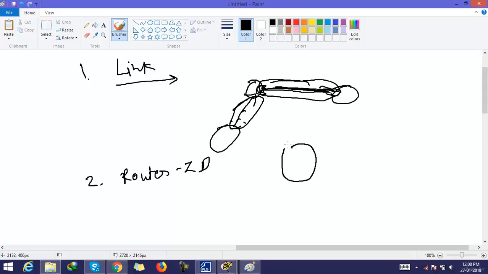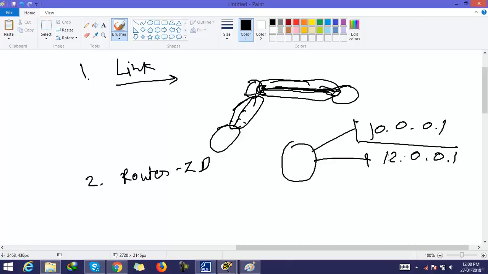For example, this is a router. It has two loopbacks. The first address is 10.0.0.1 and the second address is 12.0.0.1. The highest loopback address is the router ID. This is the highest loopback address. So for this router, the router ID becomes